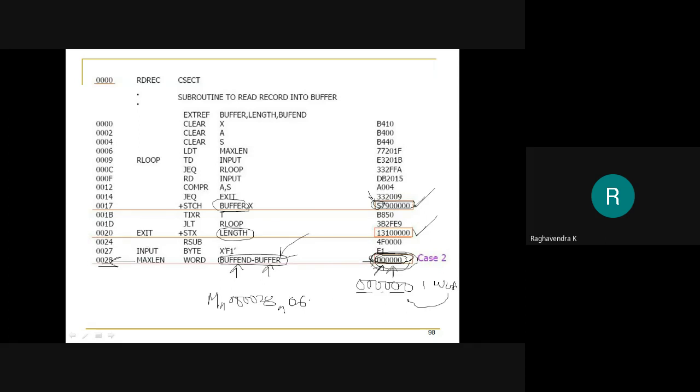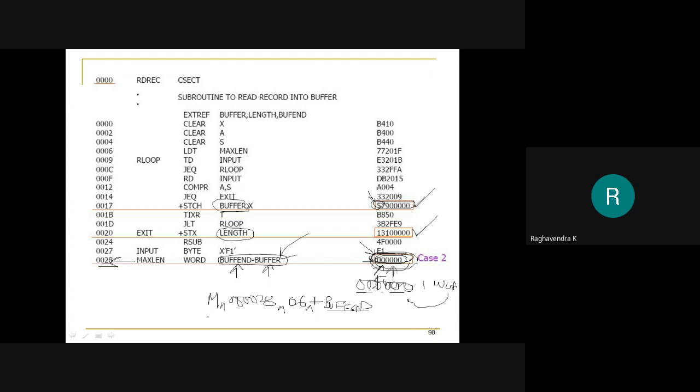Now to this location, first I will add the value of buffend, because that is plus. So to this memory location, I will first add the value of buffend. Maybe buffend is 5000, for example. So first I will add 5000.